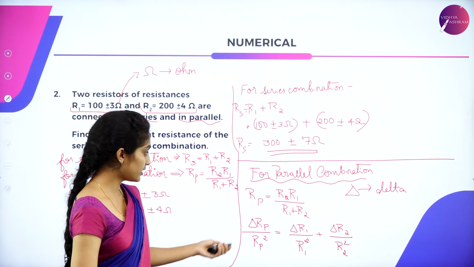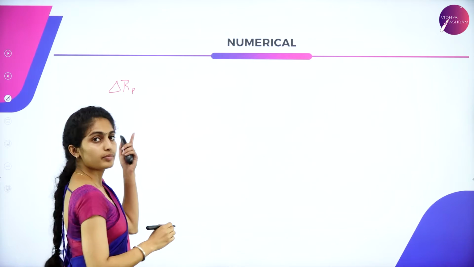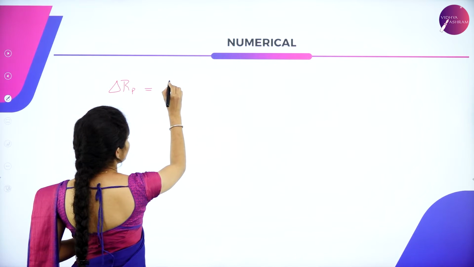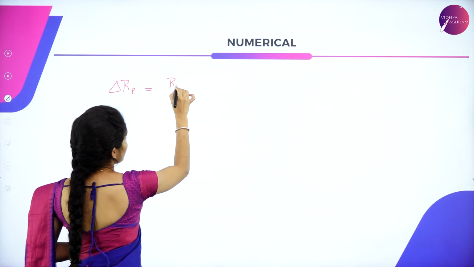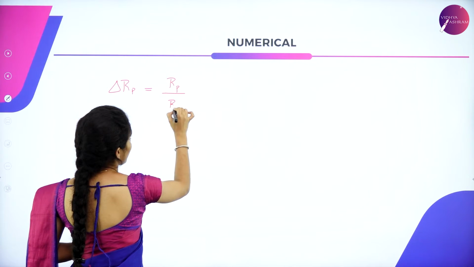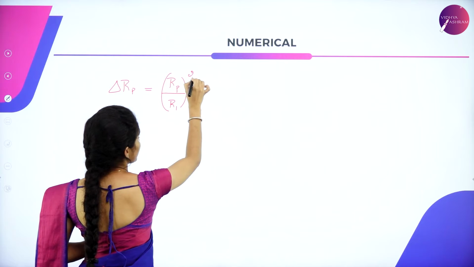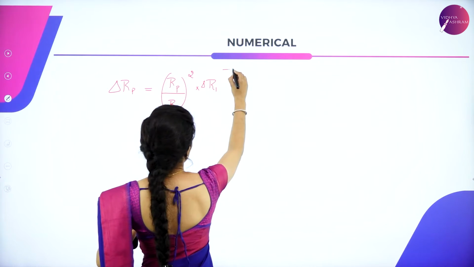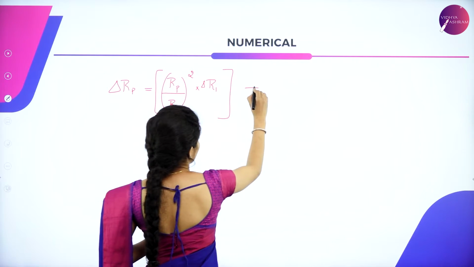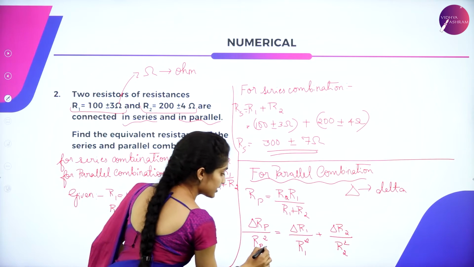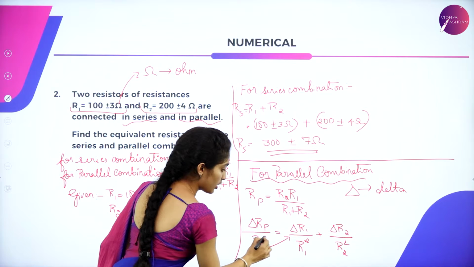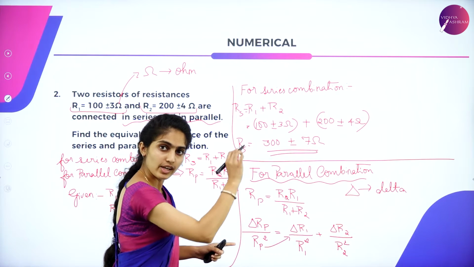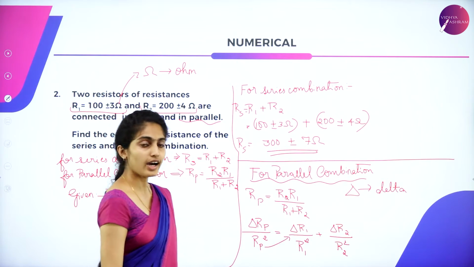So now this can also be written as delta Rp is equal to Rp divided by R1, whole square, into delta R1. So this is one term,